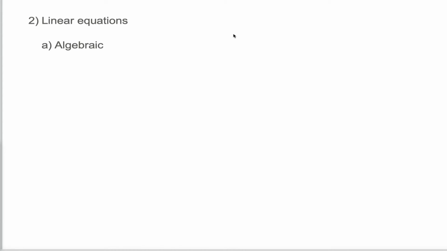Well, first of all, it's an equation, meaning you're going to have an equal sign in here. And on each side of the equal sign, you're going to have some mathematical expression. So I don't know, 3x plus 2y minus 7. Sure, and maybe on the other side of the equation, I don't know, x minus 3. Yeah, that'll work. It's an equation because I have an equal sign with mathematical expressions on both sides, and it's